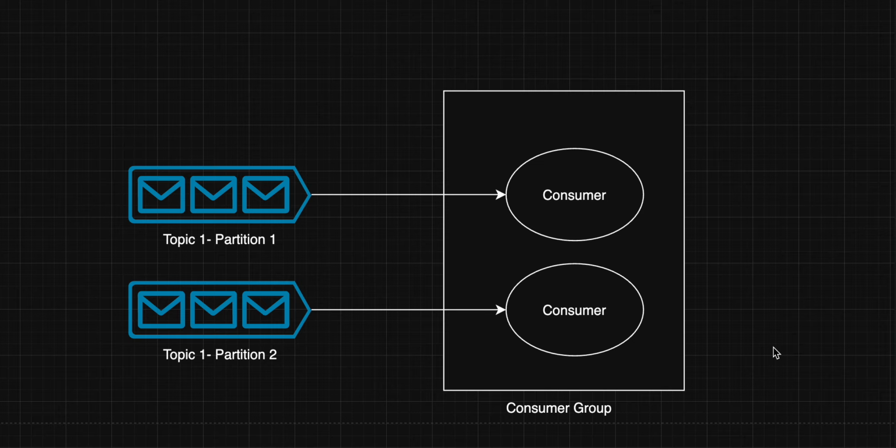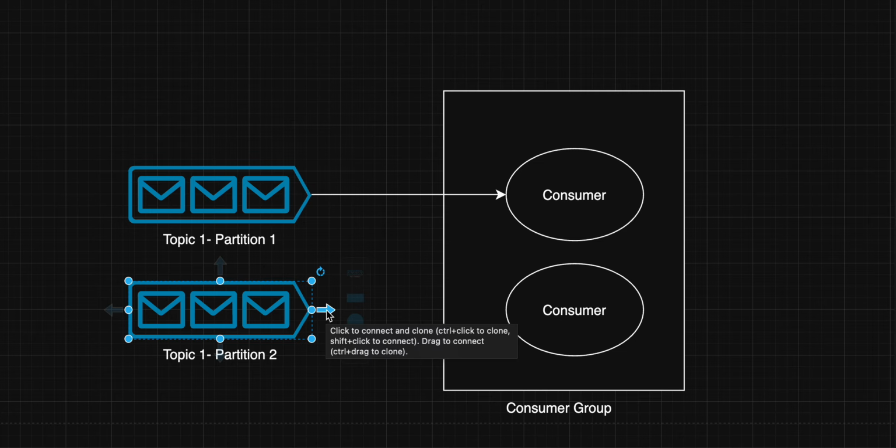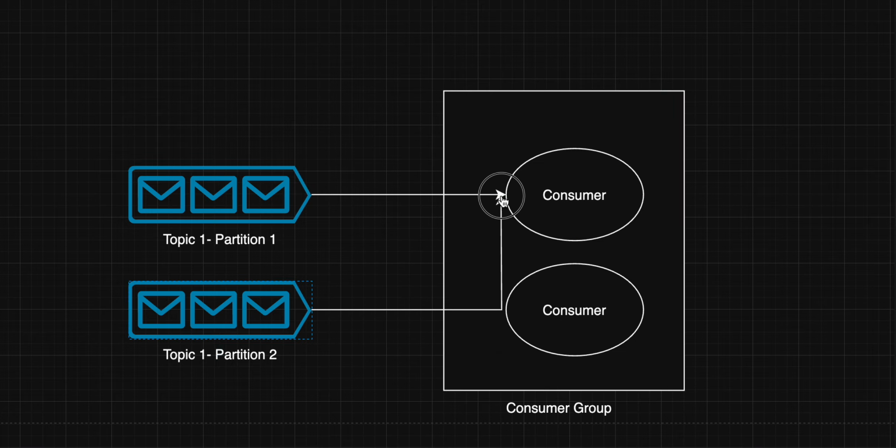Just be sure about these consumers. If a consumer is inside a particular consumer group, and it is consuming from this partition, then messages of partition one cannot be consumed by the second instance of that consumer. So this cannot happen. Okay, but let's suppose our consumer is consuming very fast. We have created partitioning, then also this can happen.